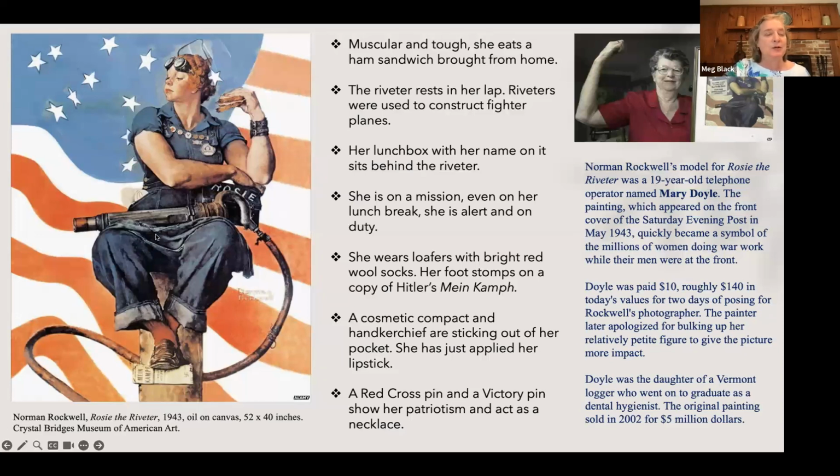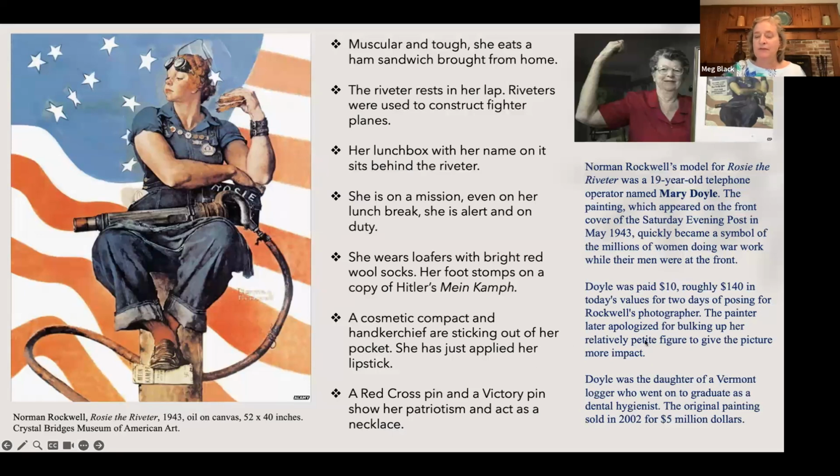But if we look closely, in her pocket is a compact for her to powder her nose. And then she has a lacy handkerchief. So she hasn't abandoned all of her girl boss paraphernalia here. And then upon closer look, we even see that she's just painted her lips. She's got lipstick on, which would have been a pretty daring thing for a young woman to do back in 1942, to walk around with lipstick like that. And then we have almost this necklace of her very important pins to show her patriotism. She's got her victory pin and her Red Cross pin, and she's looking pretty decked out there. A lot of bling there with her pins.